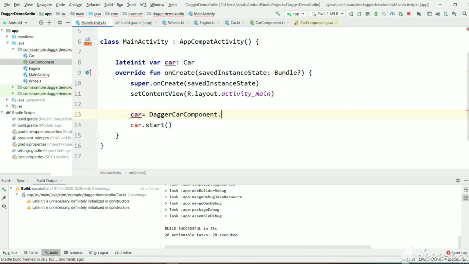First we need to create the instance of DaggerCarComponent, and you can use getCar. Now we got a car instance and we can use the method. Let's execute and see this result.